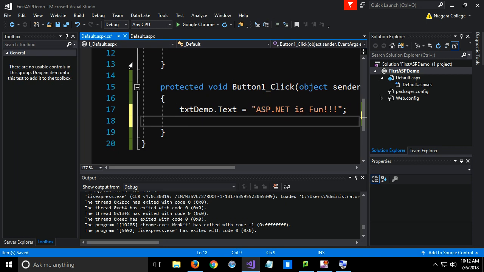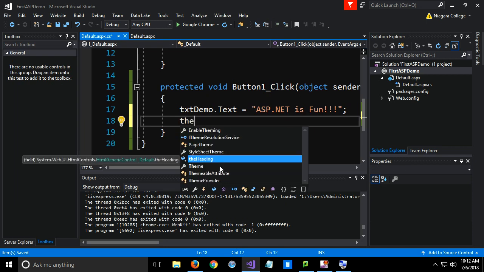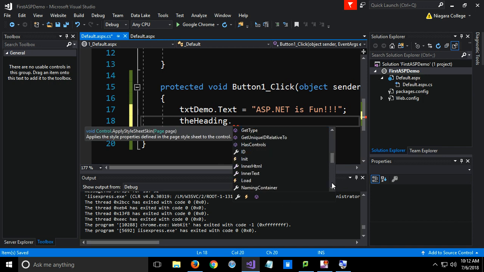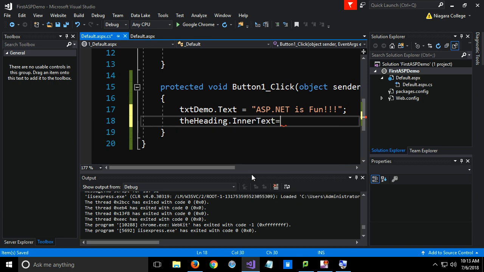The heading. Well, there it is, right in IntelliSense. The heading dot, look at all this IntelliSense I could play with. Things like inner text or inner HTML, right? So if I actually want to supply HTML to go inside there, I could, but text is enough for inside a heading. Inner text equals